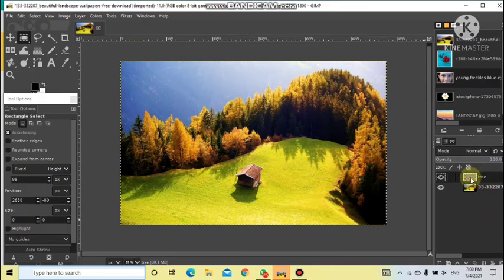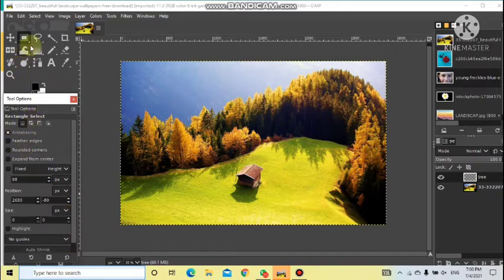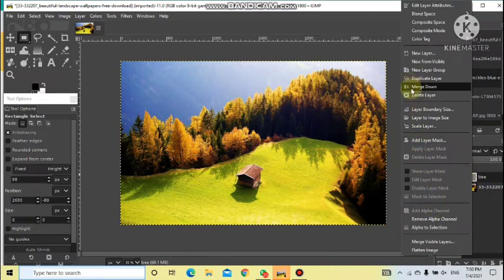If you want to edit that layer, you'll have to make it active. This time, since I have clicked on the tree layer, this layer is active. If I click here, this layer is active. So any changes I make will be done on this layer, not on this. Next, one more thing: you can set the tolerance of this layer. The higher the tolerance, the more transparency. Tolerance can be set from this part. So you will wait, and the set tolerance option will come.